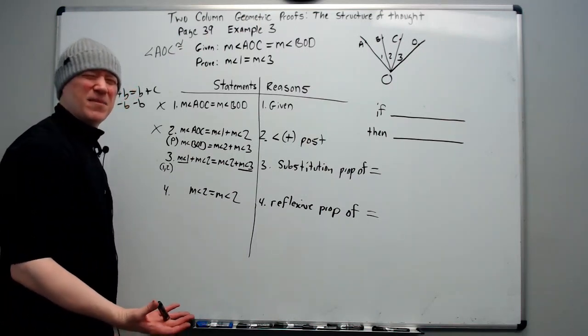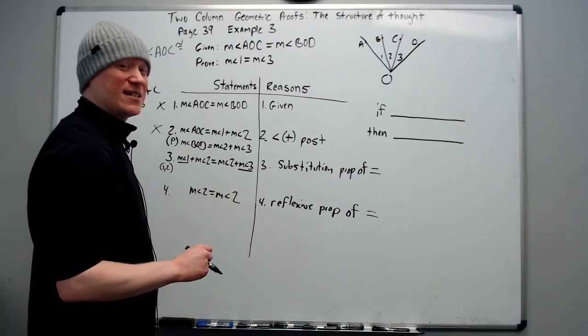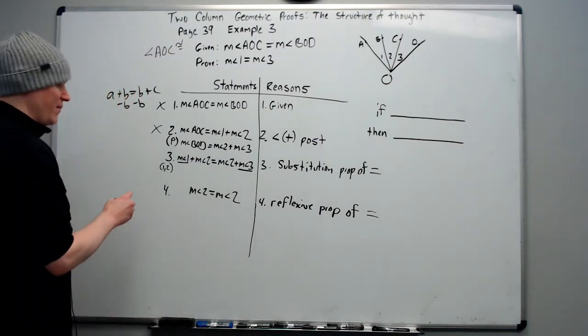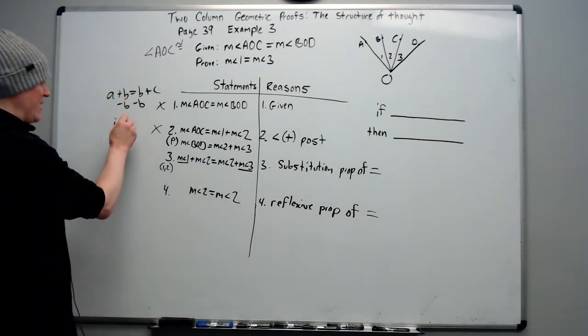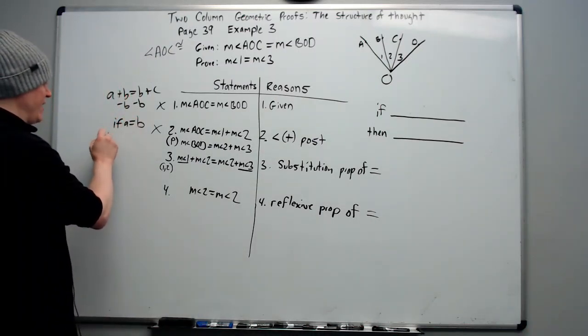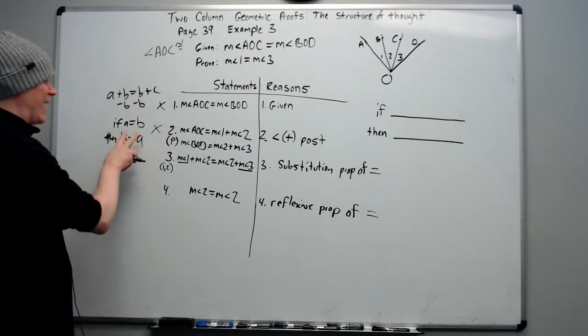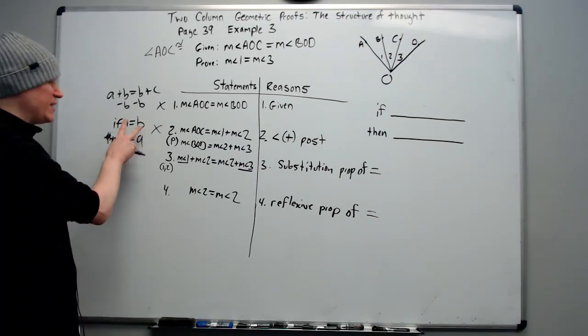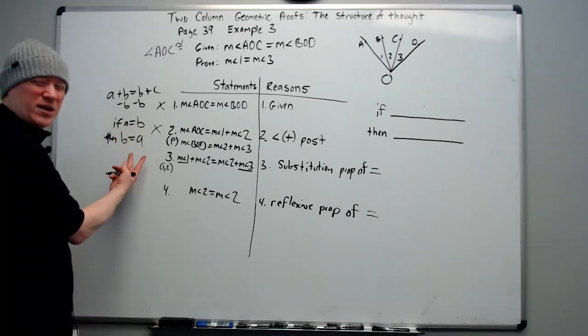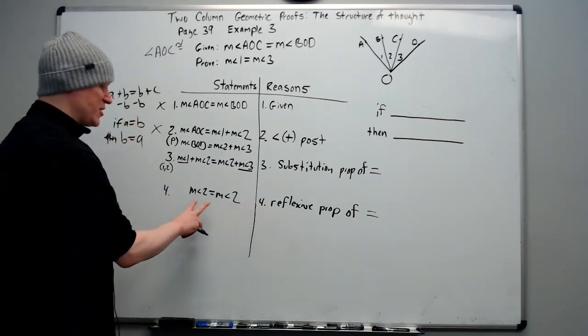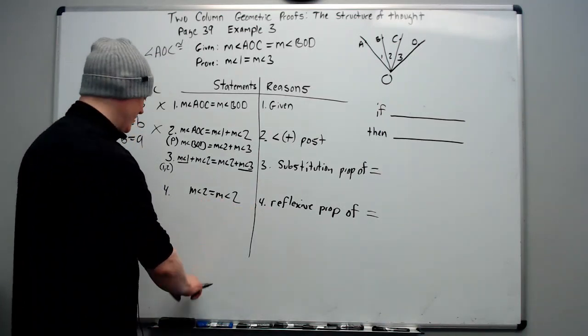Why is it not symmetric? Symmetric actually is an if-then statement. It's that if A equals B, then B equals A. It switches the order. It's two different things that are equal that I can switch the order of. Reflexive is when the same thing equals itself. Okay,